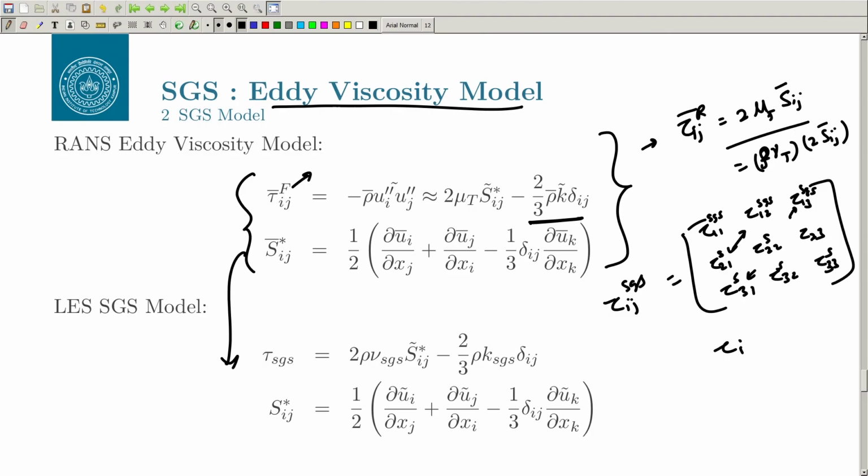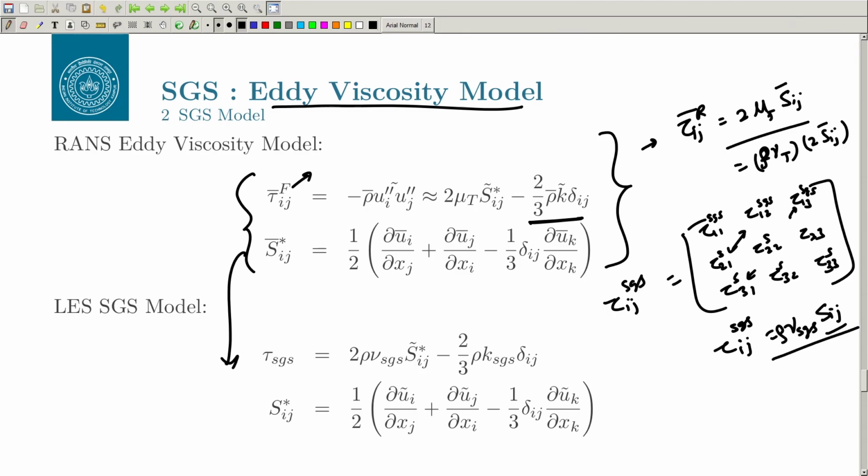We can define tau ij SGS as proportional to the strain rate tensor, and the proportionality constant, like for the fluid stress we have nu, which is the molecular viscosity, in this case will be nu SGS,